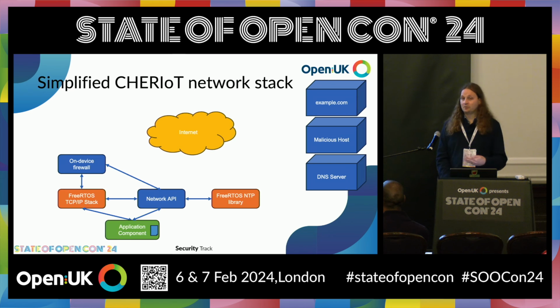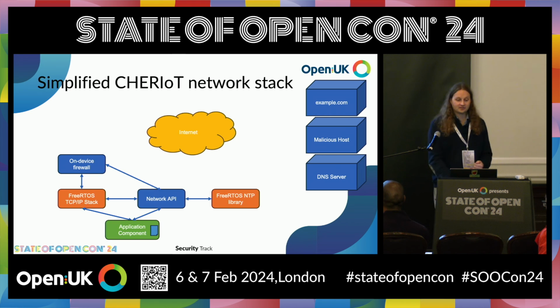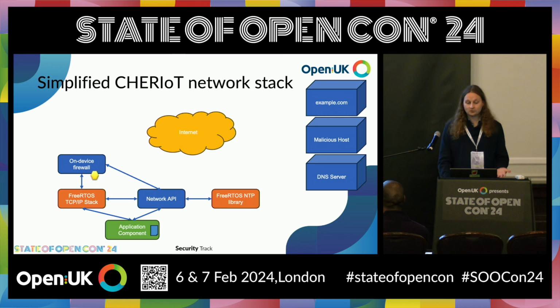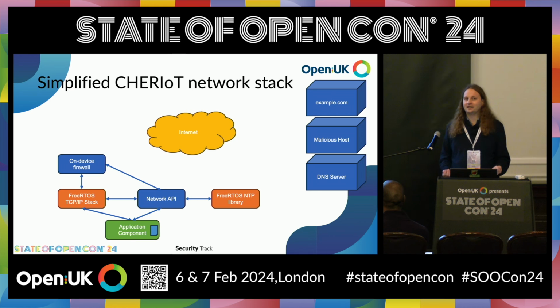So this means if you're a remote attacker and you want to try and compromise the network stack, it's really hard to even send data to it. You have to spoof something coming from an endpoint that something beyond the network stack is authorized to talk to. But also, because it's in a separate trust domain, if it's compromised and it tries to join a botnet, does anyone remember the Mirai botnet from a few years ago, where a bunch of IoT devices were all compromised and launched massive denial of service attacks on everyone else's? Yeah, so that's really embarrassing if you're a vendor and your device joins one of those things.